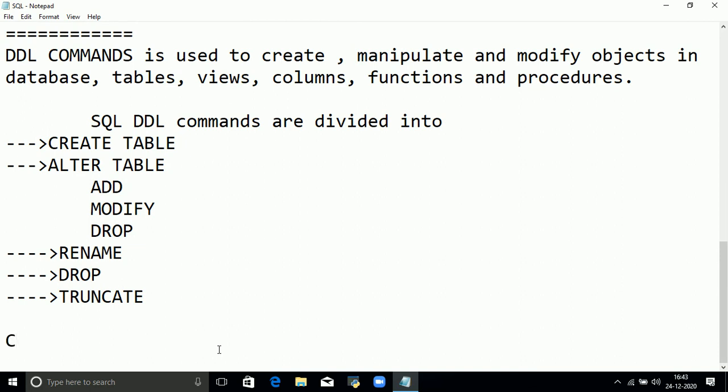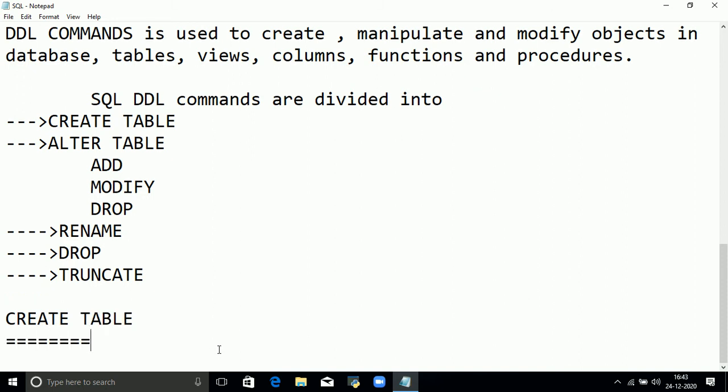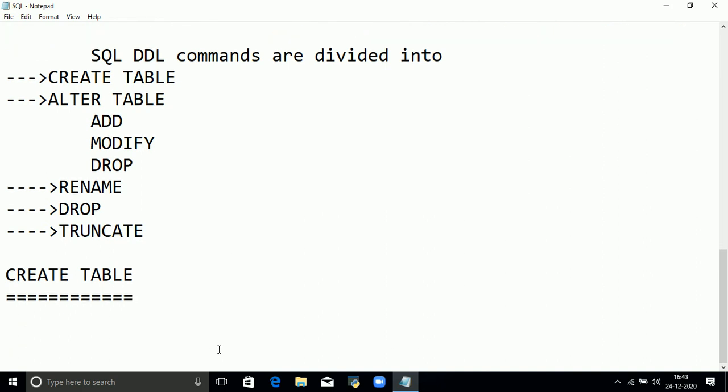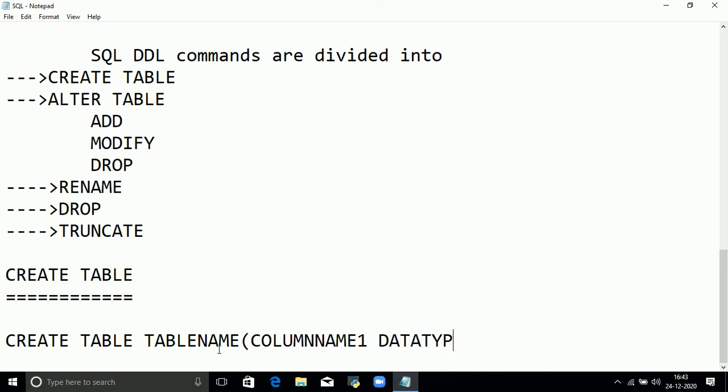So the first command is the create table command. What is the syntax of create table? Create table, table name, column name 1, data type of size.